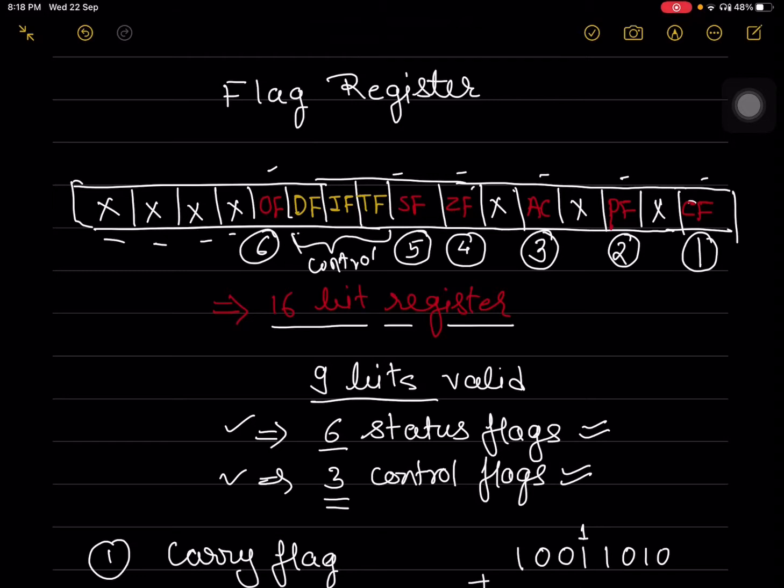In the status flags, the first flag is the carry flag, the second is the parity flag, the third is the auxiliary carry flag, then the fourth is the zero flag, then the sign flag, and then the overflow flag. One by one we will discuss the function of each flag.